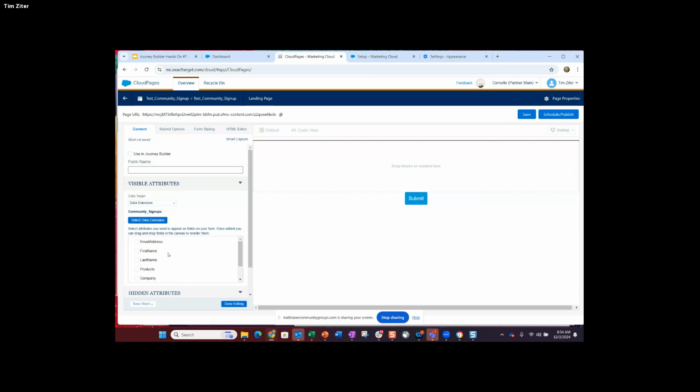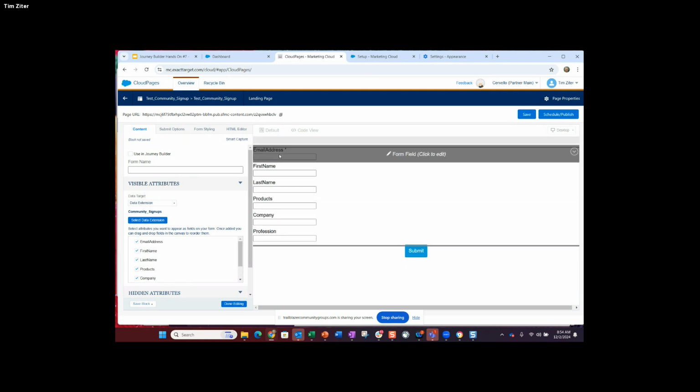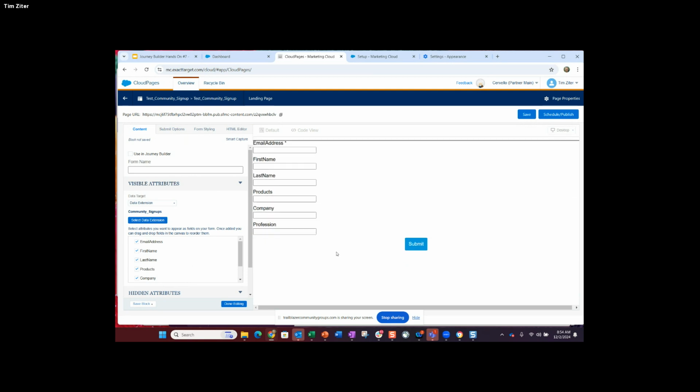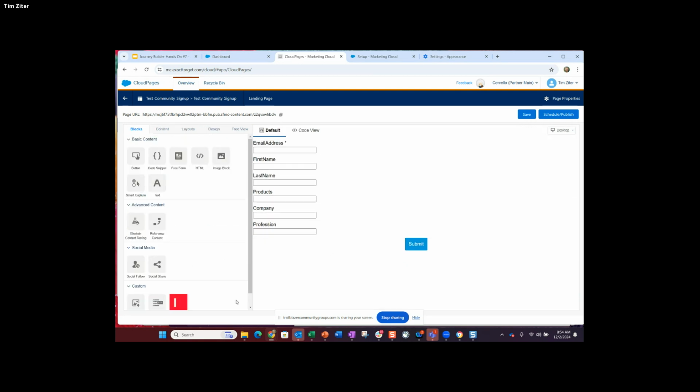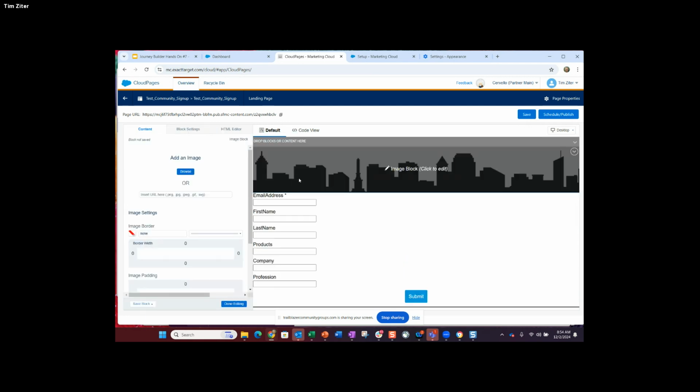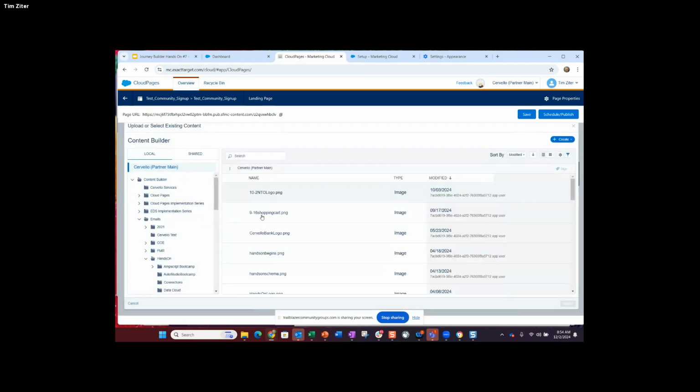What we'll be able to do is build out, this is pretty basic, and we can do some customization here, but it could be something as simple as that, where we won't need to create a date because that's just automatically populated. And we can create a very basic page. We can put a logo up at the top. We can put in some text. So say we wanted to add an image, and we'll just use an image as an example.